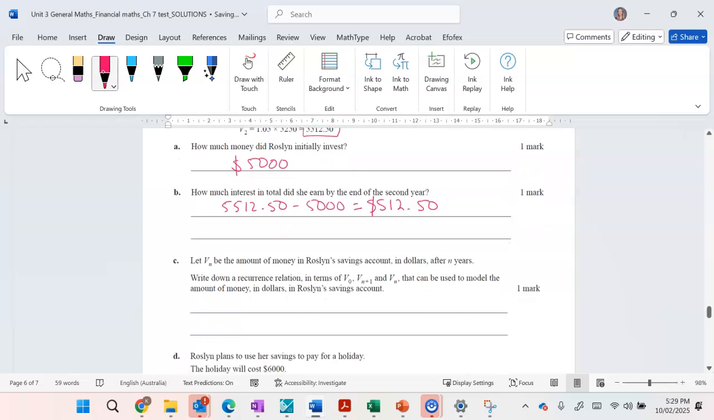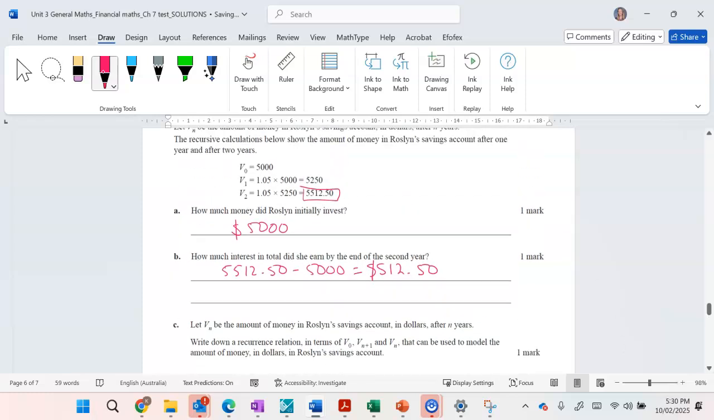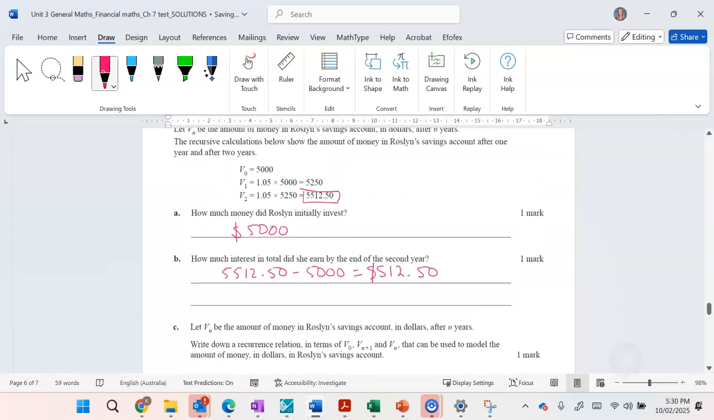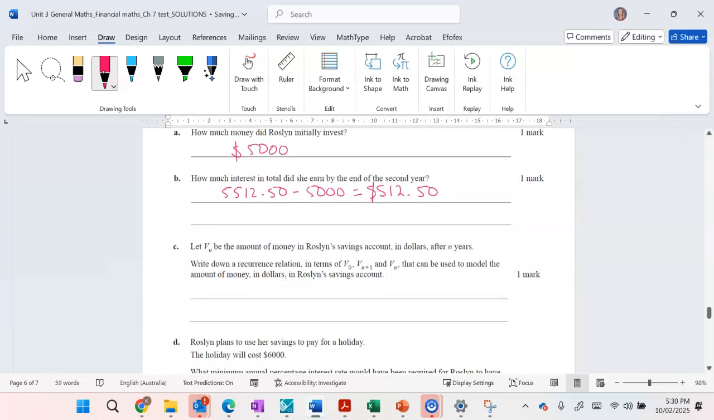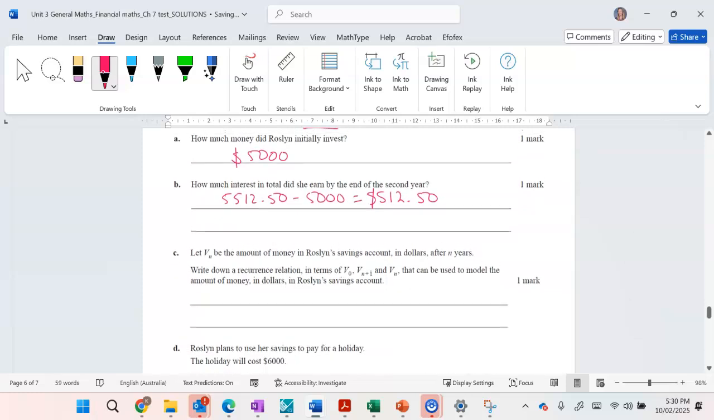All right, let VN be the amount of money in Rosalind's savings account in dollars after N years. Write down a recurrence relation that can be used to model the amount of money in Rosalind's savings account. So above, they've just given us the application of the recurrence relation. They actually haven't given us the recurrence relation. Now, a recurrence relation has two things. You've always got to state the initial value. So V0 equals 5,000. And then we've got Vn plus 1 is equal to,